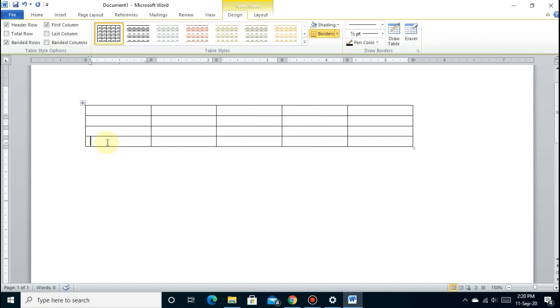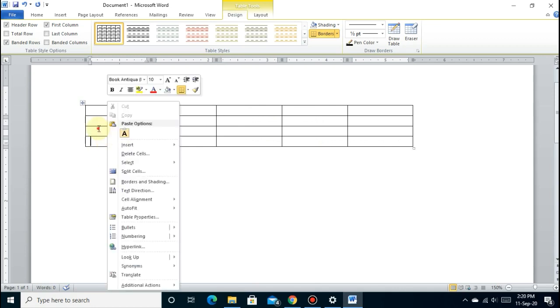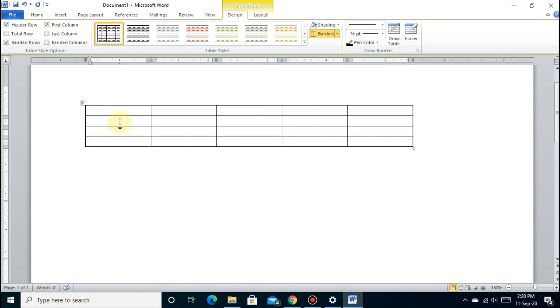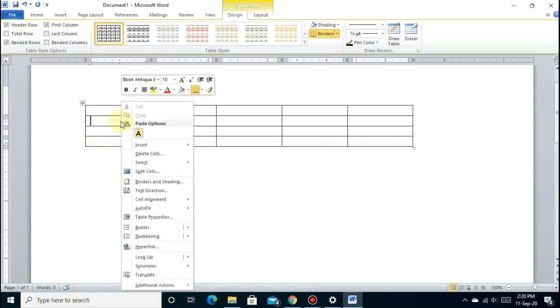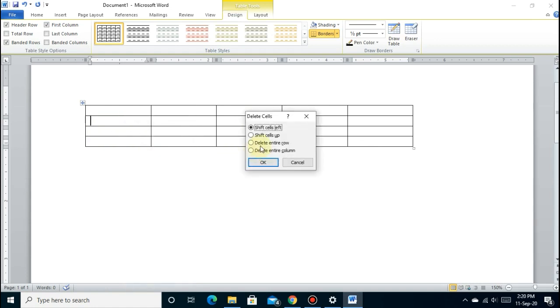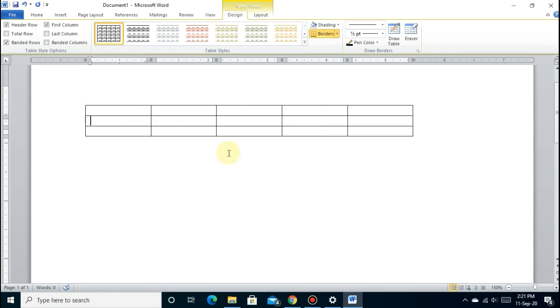And if you want to delete a row, then click in the row which you want to delete and right click, then go to delete cells option and select delete entire row. So you can see 1 column and 1 row is deleted.